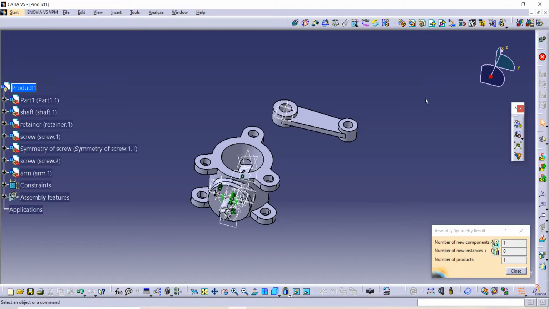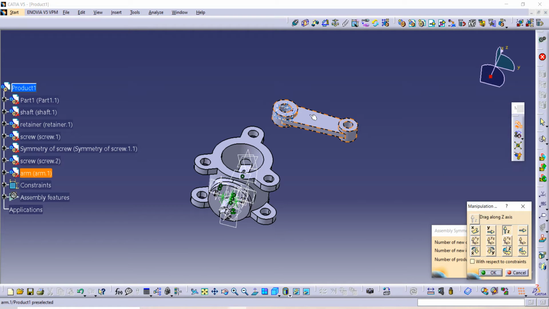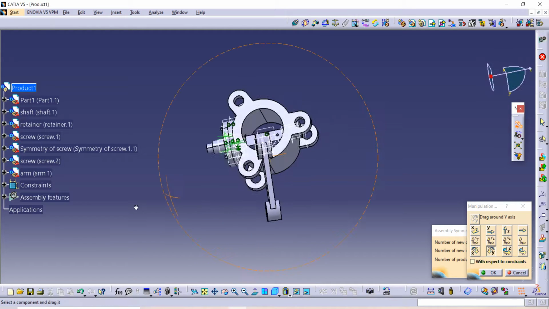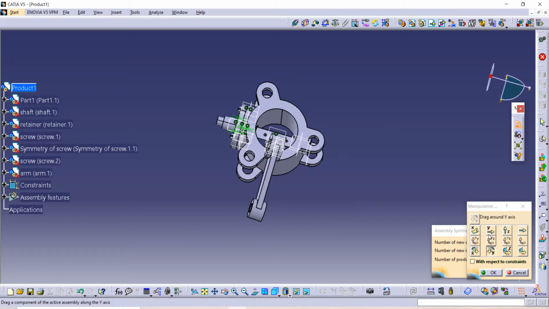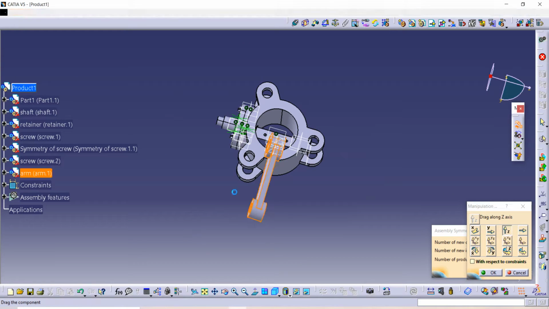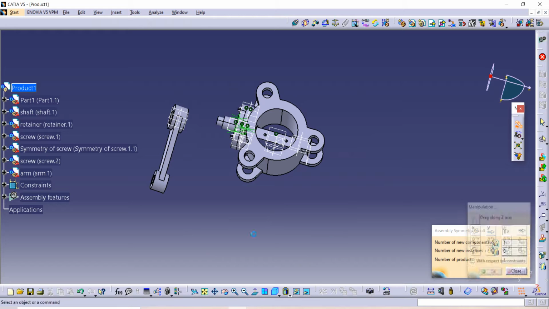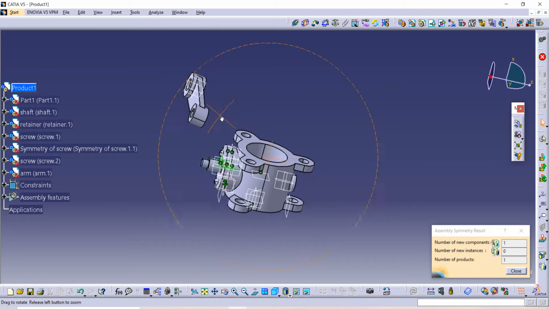Now again use manipulation command to fix it with alignment. It's aligned, and again use this to bring it to the front side of the assembly.